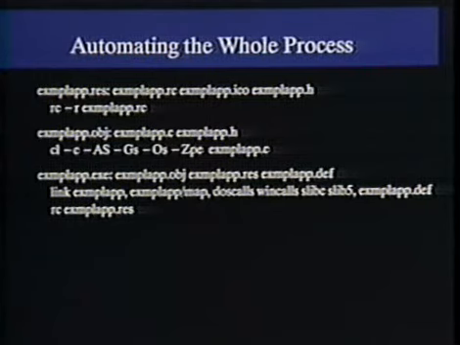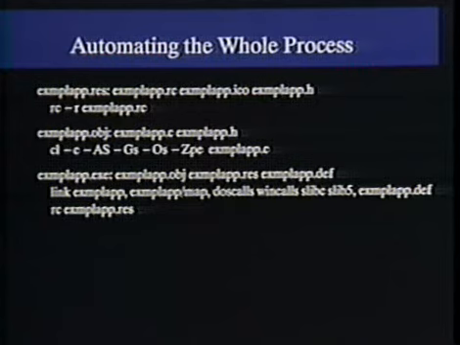So for example, in this case, looking at the top line, we have a .res file that is dependent upon the resource script file, which is dependent upon the icon and the header file that is used for that. If any of those have changed, then we will rerun the RC compiler to create a